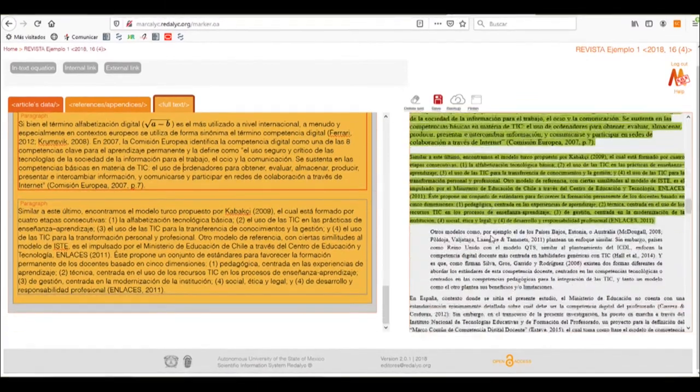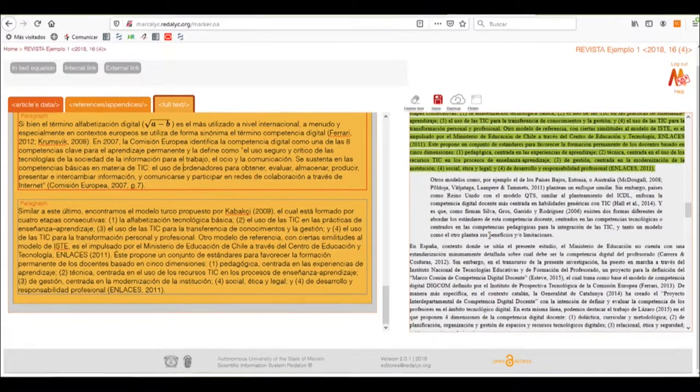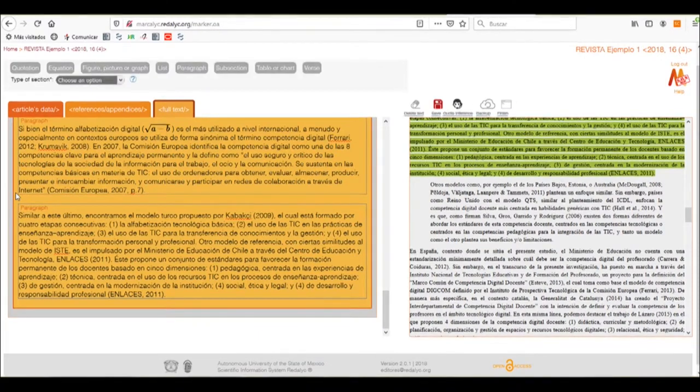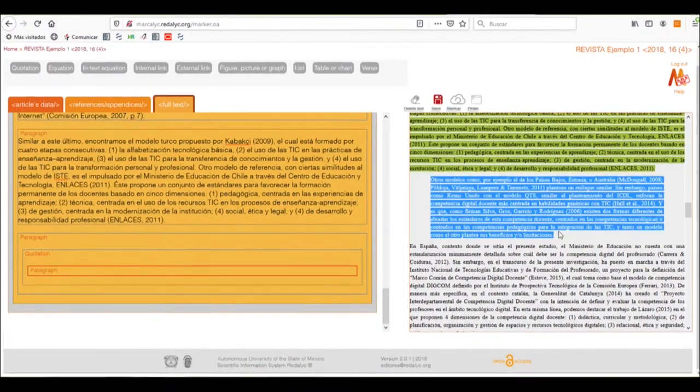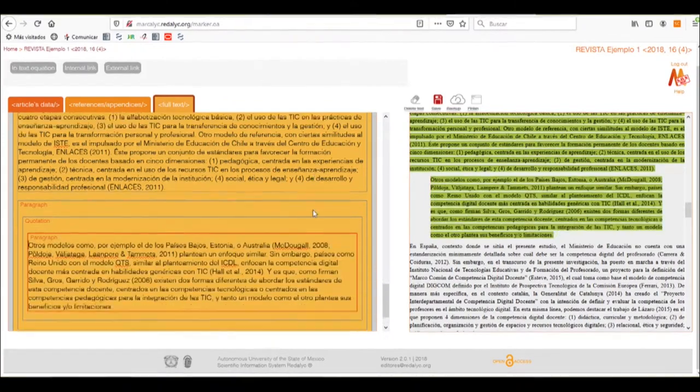There are other quotations that are in our text, so make sure to tag all of it. As I said earlier, this particular article does not have all the references to save us some time, so now we'll proceed with a quotation. And as you can see, we can now click again on the section part of our paragraph and insert the quotation element. We'll select all the text that comes with the quotation